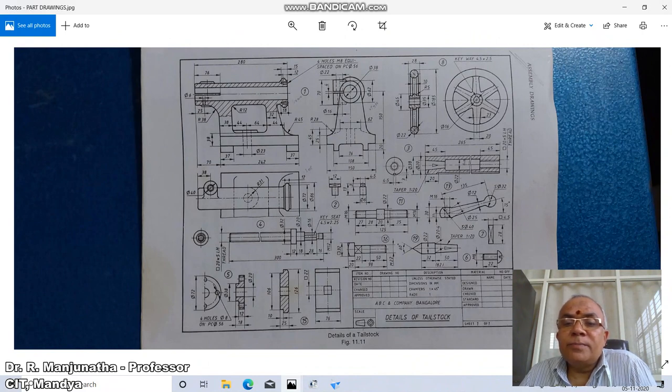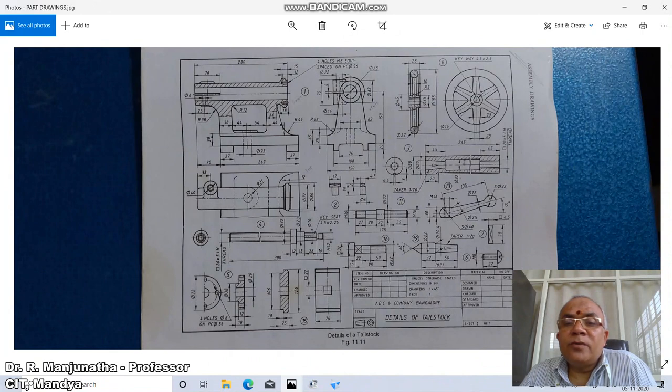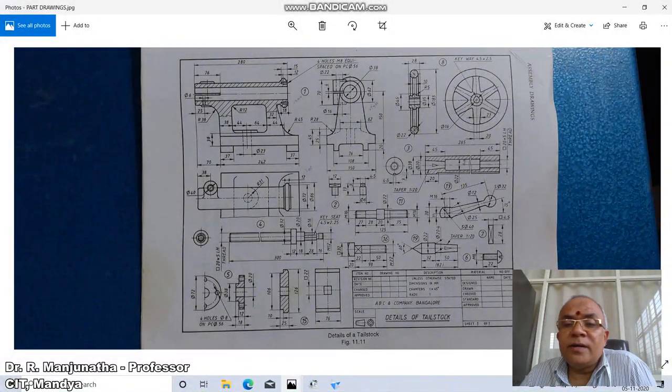So I will repeat, the taper is 1:20. It means that for every 20 mm length, there will be a decrease in diameter by 1 mm. So if you have a length of 20 mm, the other end of the diameter is going to be 19. But since you have 45, the diameter is going to be 17.75, because 1 divided by 20 into 45 gives you 2.25. So 20 minus 2.25 gives you this taper, which is 17.75. If you are taking the radius, then it becomes 8.875.